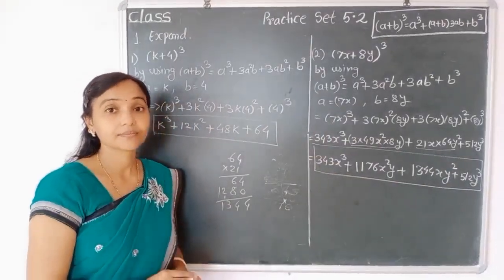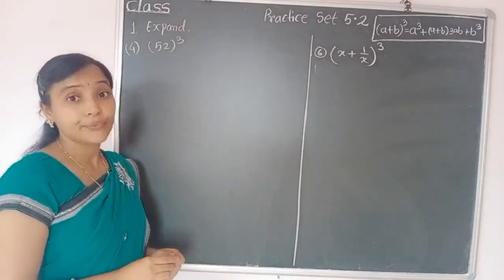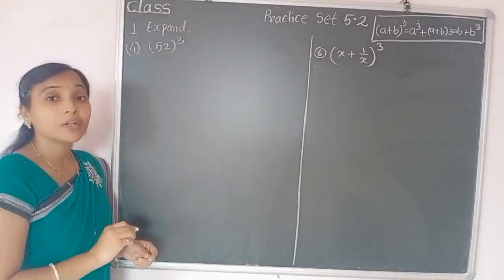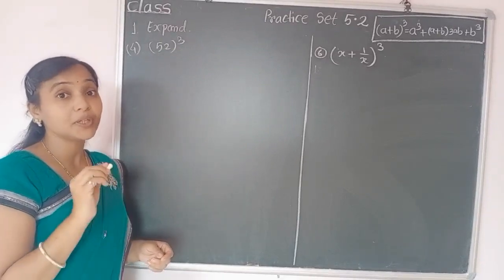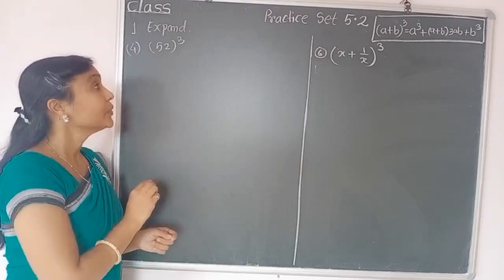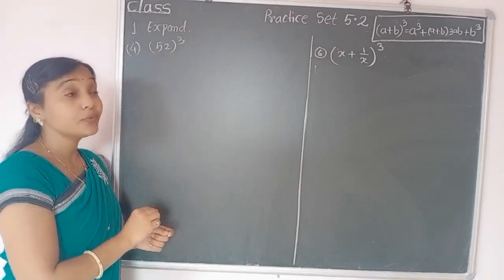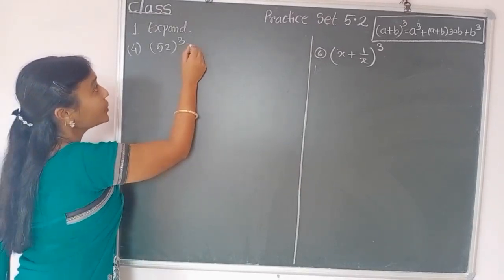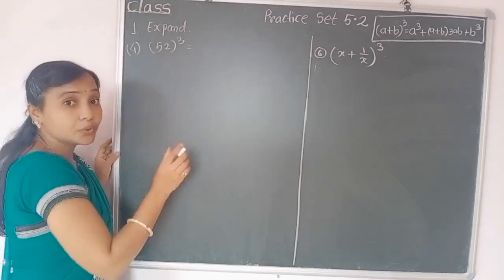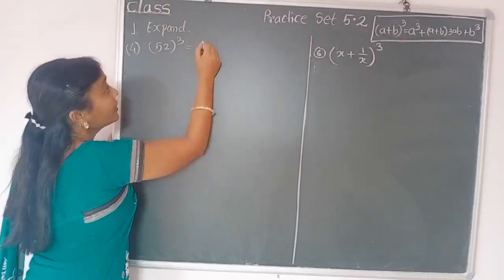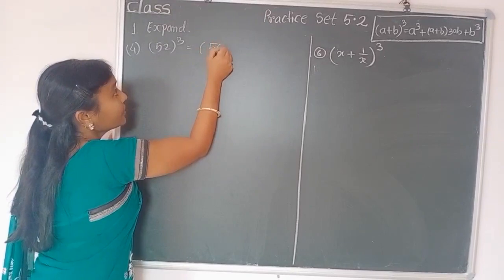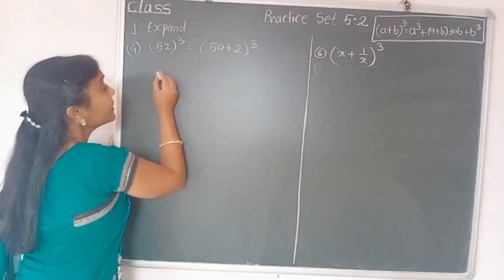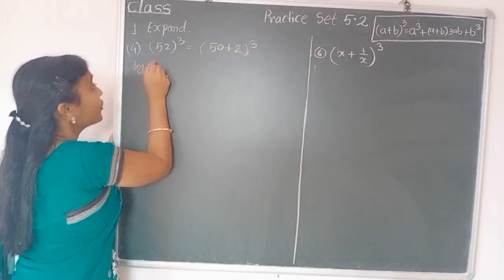Understand, students? Start example number 4. Here is (52) cube. We can find 52 into 52 into 52, but here we have to solve 52's cube using the formula. So first we write this 52 in the form of a plus b. We can write (50 plus 2) bracket cube, and then by using our formula